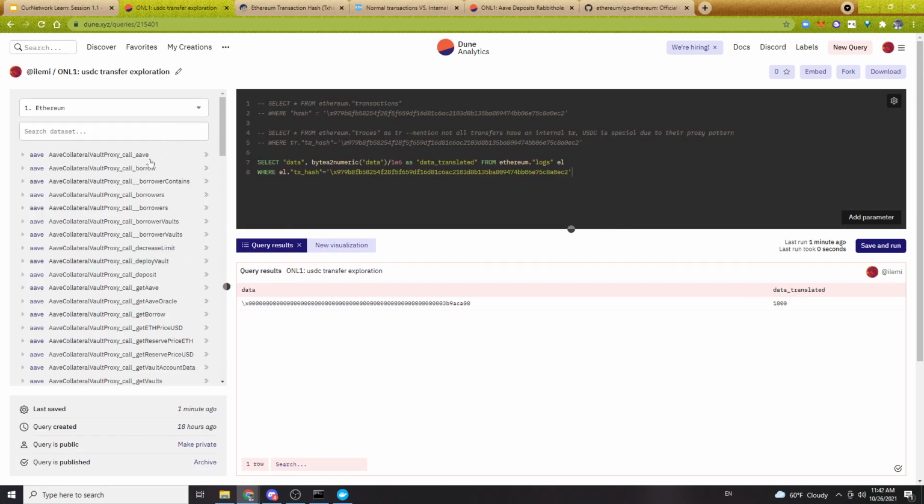these event tables, Dune does the hard work of translating the data for you, right? So I'm only showing this to you so you understand what's going on in the background. But typically you won't have to do this unless there's a contract that hasn't been decoded, and we'll talk about decoding. But I just find this is helpful because you see where the data is coming from on chain. And maybe this isn't interesting, which is fine. But I think it helps with connecting things. And there are going to be times where you need to use these base tables to put things together. But yeah, so that covers logs, traces, transactions,